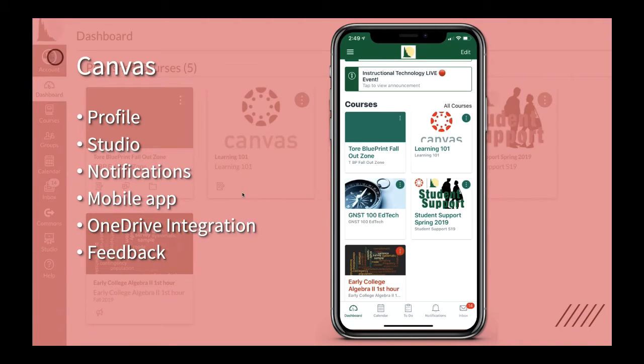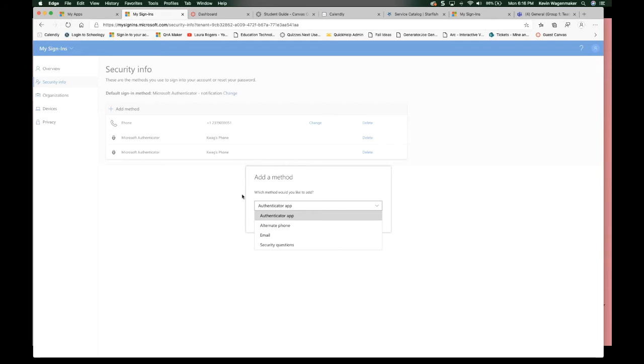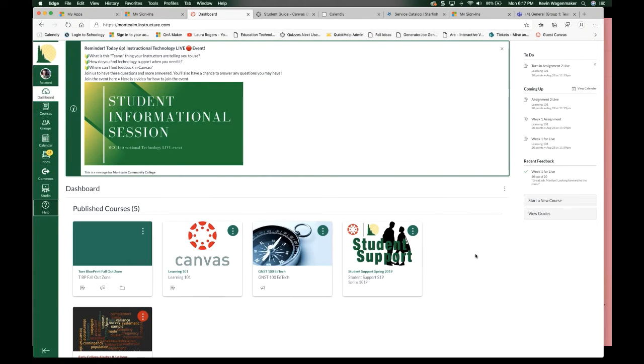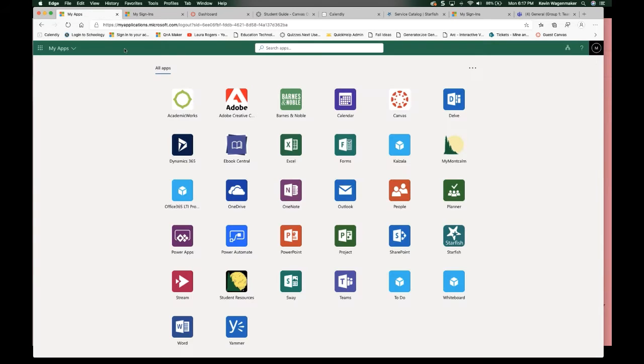So Canvas, this is another big one. I want to take a minute to go through some Canvas items with you. Just touch on some basic things that I think are pretty important as you navigate through, and some of you in a virtual environment. First things first, when you click on your Canvas tile, it's going to drop you into